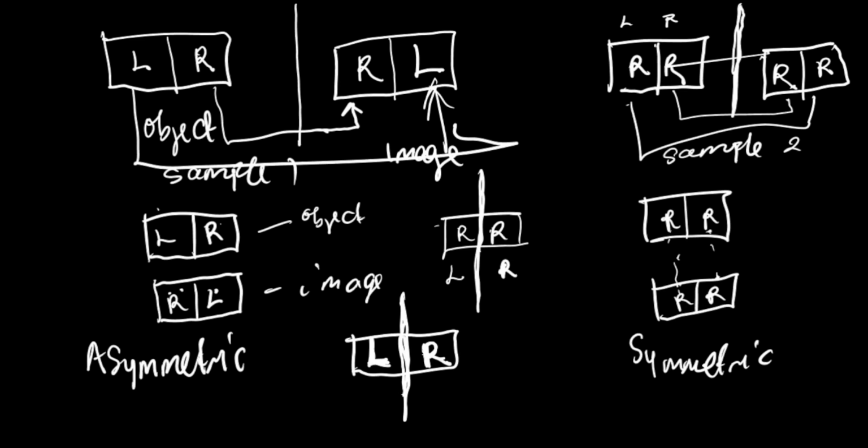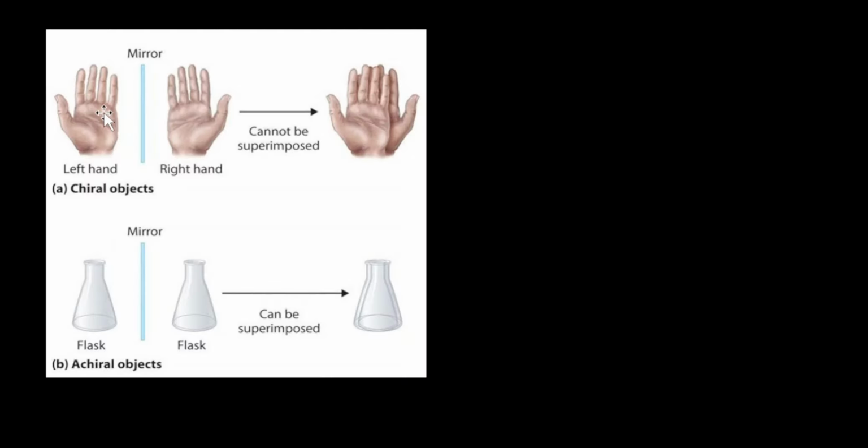So we can see that there is a correlation between symmetry and chirality. An asymmetric object is able to have a non-superimposable mirror image, while a symmetric object lacks that chirality. Now, another good way in which we can adequately view chirality is if we take our left hand and